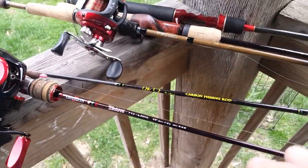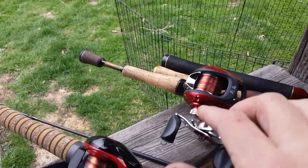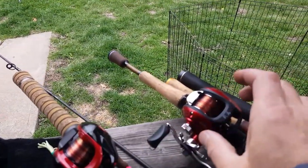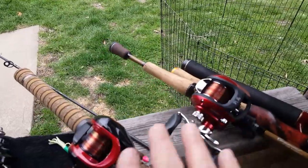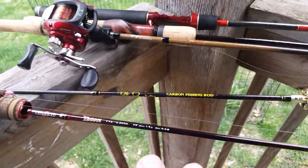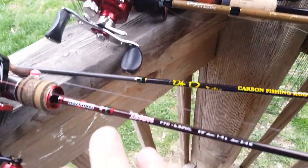But then on the rods, it's not really, because the reels are pretty comparable. You'll find out, watch that video, how closely matched these two are. When we come to the rods, there's like no comparison. They're different styles. I got the Cayenne Teton,